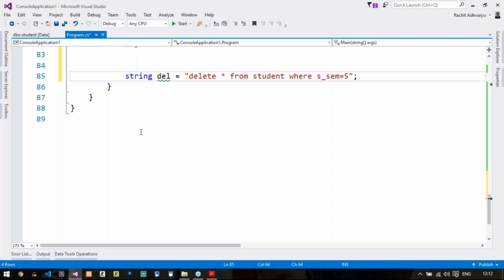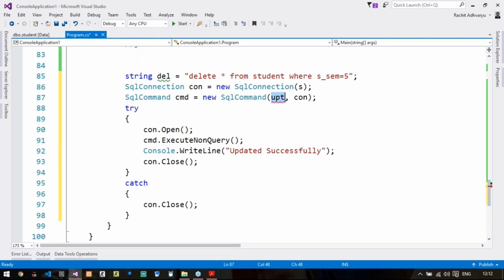Now again I will paste it, and instead of this upt I will write del. So again a connection class object with a connection string passed as an argument, again a command class object passed 2 arguments, query and connection, then connection dot open, execute this query and then write deleted successfully and close the connection. In the catch, try to handle the exception.